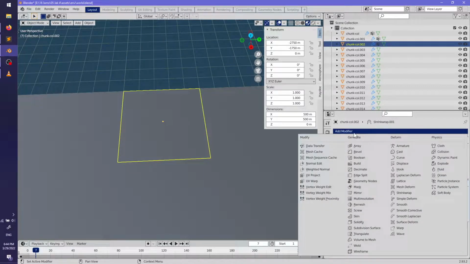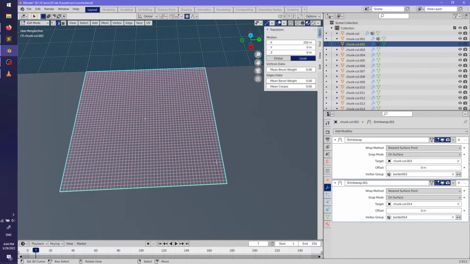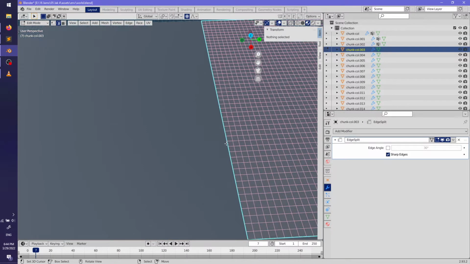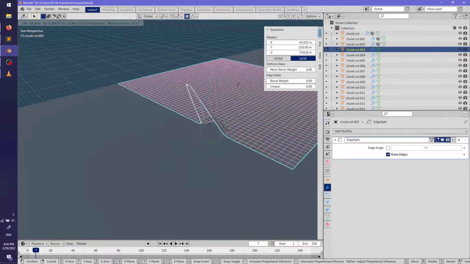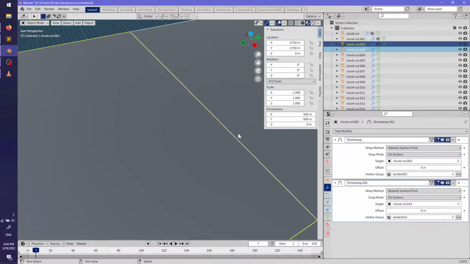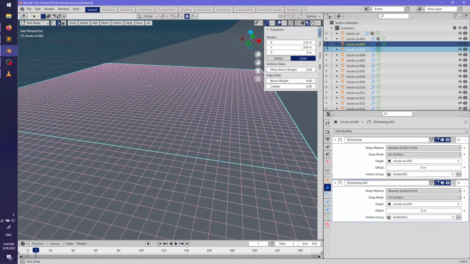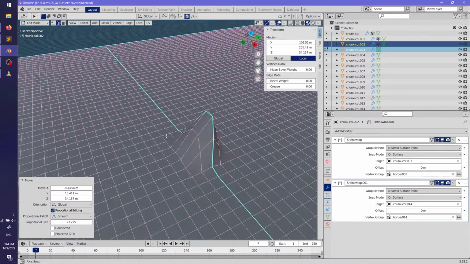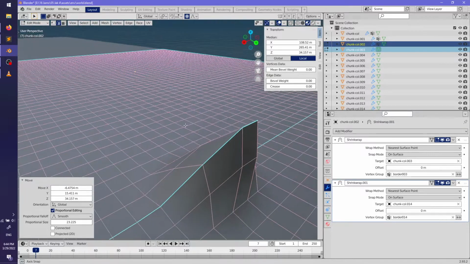But anyway, oh yeah, I need 2 data transfers. Because basically what I'm doing now, I have it so that this mesh should follow these ones. You can see it's trying to follow it. It's using something called shrink wrap. It's not quite perfect, but essentially what it's meant to do is, when I pull this up, it doesn't have to align 100% perfectly.